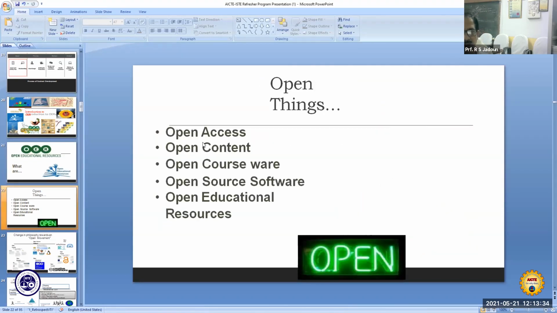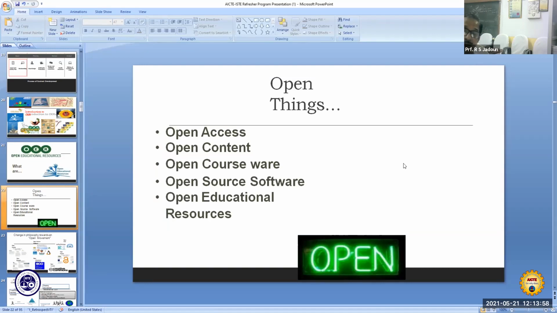In this, there is open access, open content, open courseware, open source software, open educational resources, all are available, but it is still not in the knowledge of everyone.